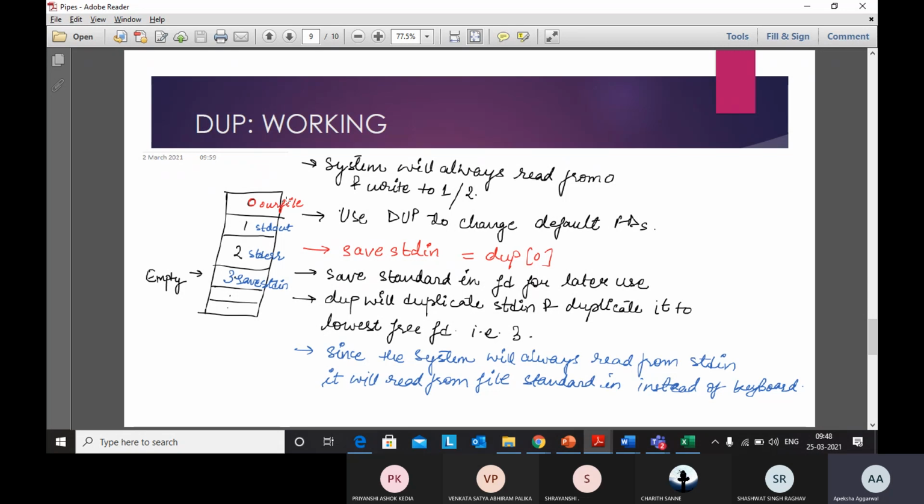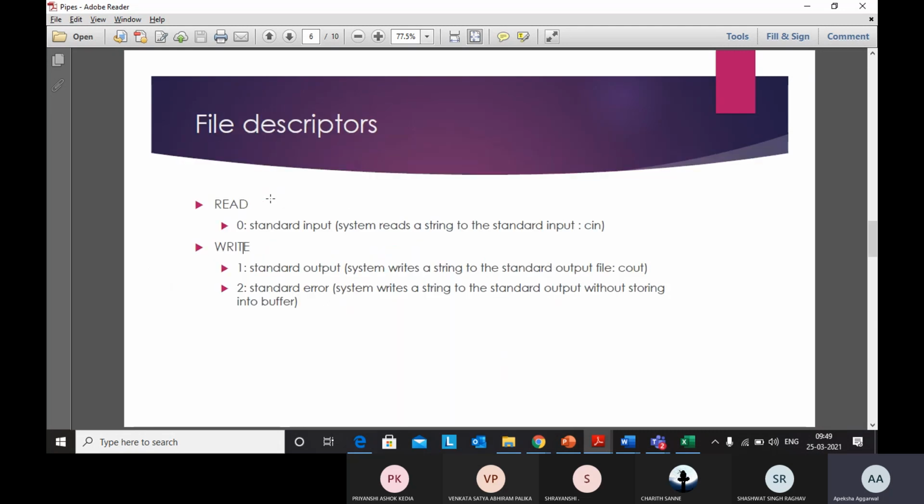So what dup is doing is creating a new file descriptor, that is 3, and making it the standard input that was already present. Now instead of 0, it has changed it to 3, and now you can assign 0 to your file. Later on you can delete it. You can again reassign this save stdin, where you have saved your old standard input, to 0. You will do that using the dup2 system call.